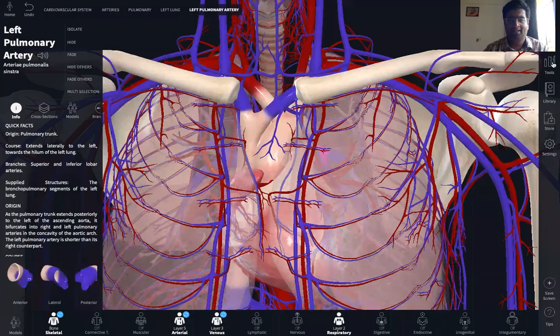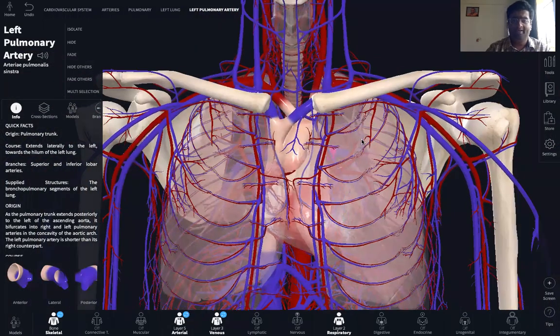As far as the pulmonary arteries are concerned, they carry deoxygenated blood from the right ventricle. The origin of the pulmonary trunk is from the right ventricle, which then sends this blood to the lungs for getting oxygenated. And oxygenated blood from the lungs is returned back to the left atrium of the heart by the pulmonary veins. There are two pairs of pulmonary veins, one pair coming from each lung.